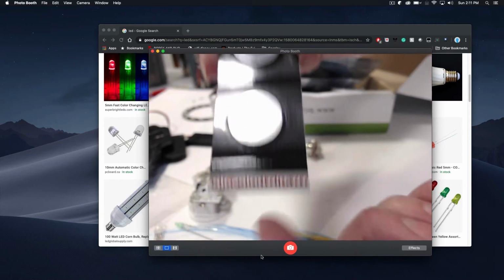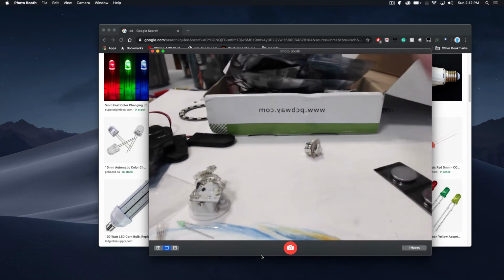There we go. Everything's backwards, so I don't know why I keep showing you people things like details, right? But these are just